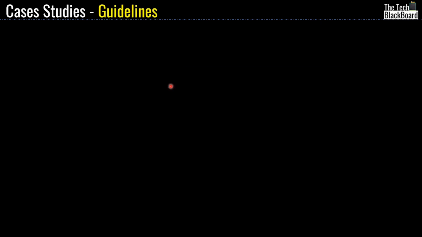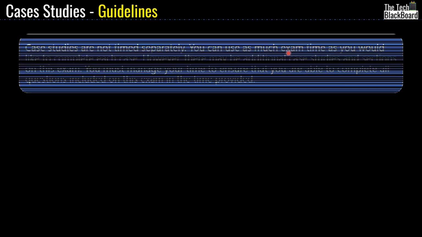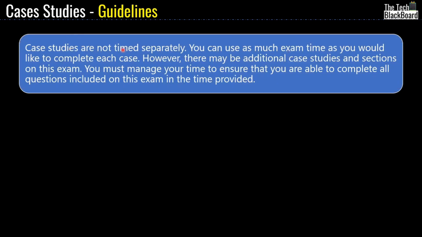Now let's look at some of the generic guidelines on case studies that you will also find when attempting the exam. The first guideline says that case studies are not timed separately. You can use as much exam time as you would like to complete each case. However, there may be additional case studies and sections on this exam. You must manage your time to ensure that you are able to complete all the questions included on this exam